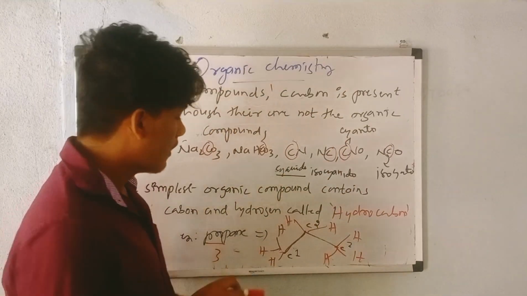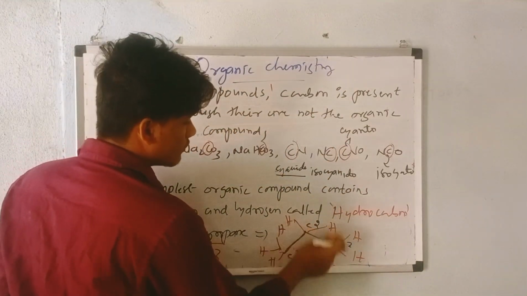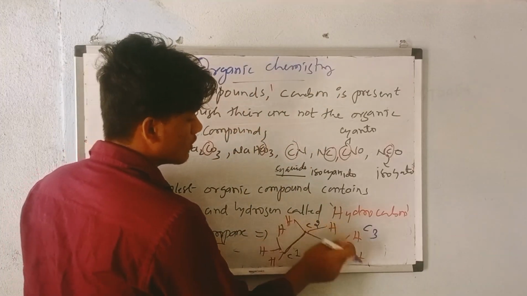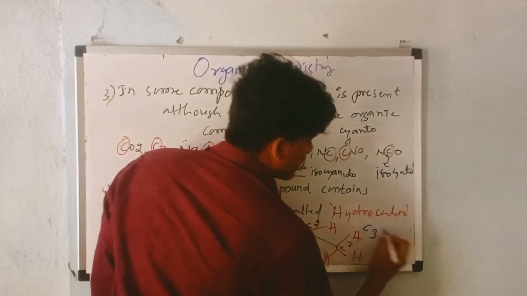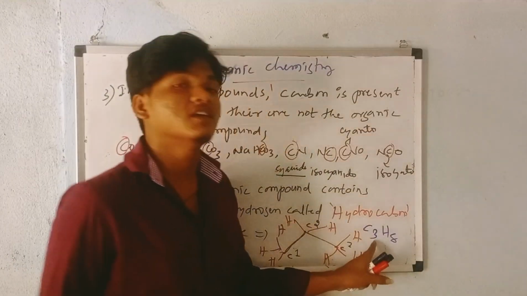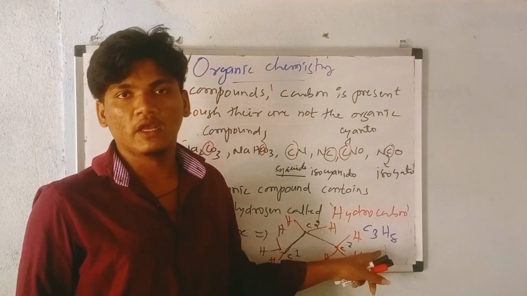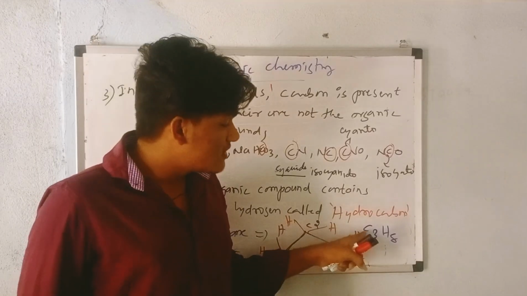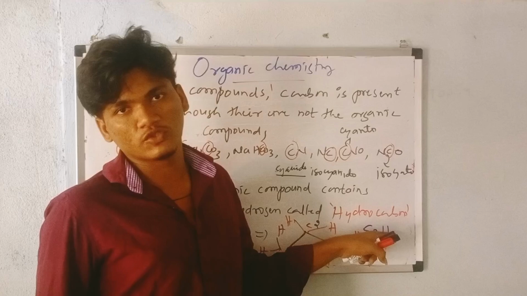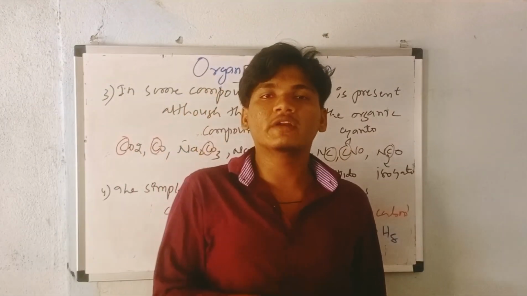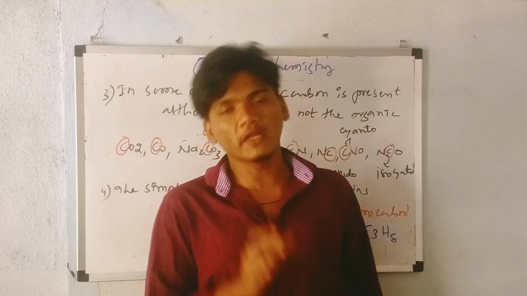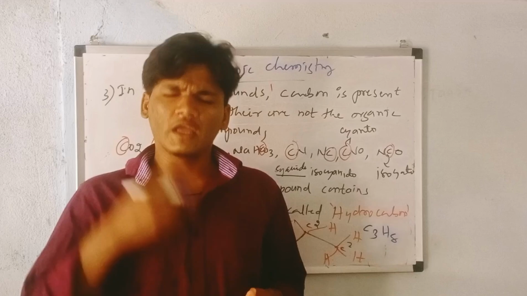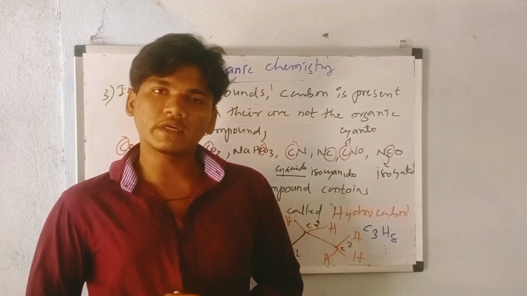Now see, how many carbons are there? 1, 2, 3. 3 carbons. How many hydrogens? 1, 2, 3, and so on: 6 plus 2, that is 8. C3H8 is called propane. It is one type of alkane and it is a hydrocarbon, which means it has only carbon and only hydrogen. So the simplest organic compound till now is a hydrocarbon, which has only carbon and hydrogen. Examples are propane and methane, and we have different compounds. In IUPAC we can discuss them.